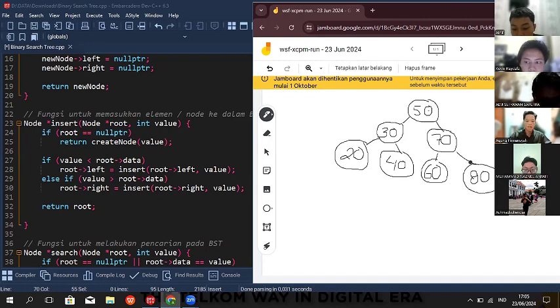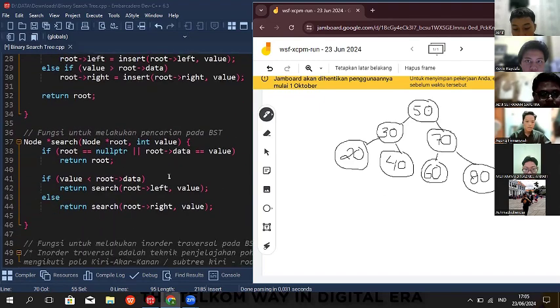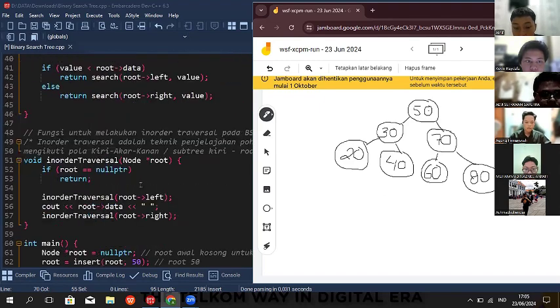Next, the in-order sorting stage. At this stage, the traversal is carried out with the concept of in-order tracing: the left branch, root, then the right branch. At this time, the binary search tree has been formed, then search the left branch and print the value 20.